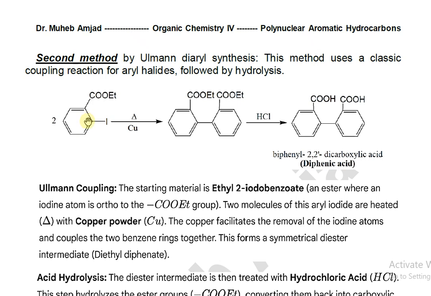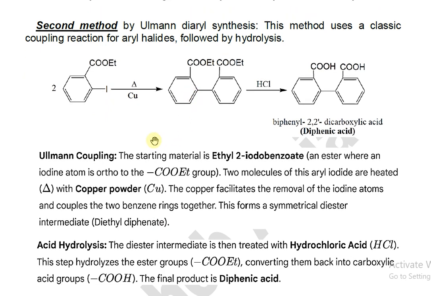This is the ethyl 2-iodobenzoate. Two molecules of this aryl iodide are heated with copper powder as the catalyst metal. The copper removes the iodine atom, and the two benzene rings couple together, and here we form a new carbon-carbon bond. Hydrolysis is a famous reaction for us to convert the ester group to the